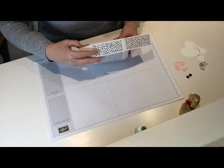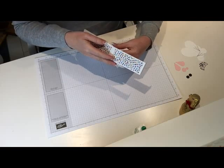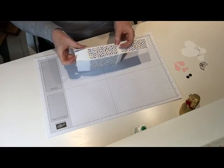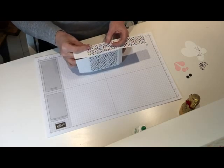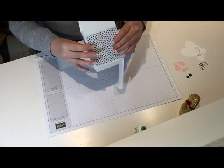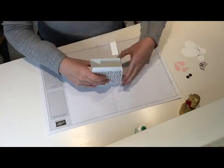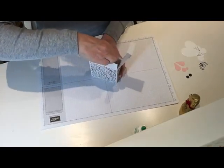I'm going to do the side first, so I'm going to line up the top and bottom edges, and you can see where your dashed lines are, so hopefully that should help. And just hold that in place for a minute. And then this is the one with the glue on, so fold those in, that one in, and bring this one over and square it up. And I'm just going to use a pen to apply a bit of pressure